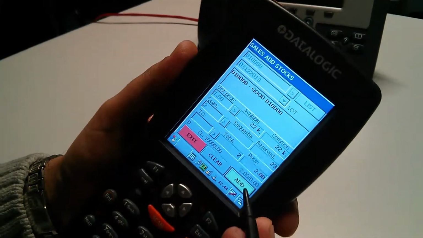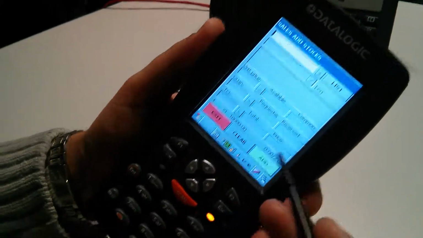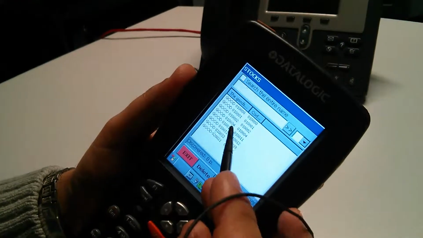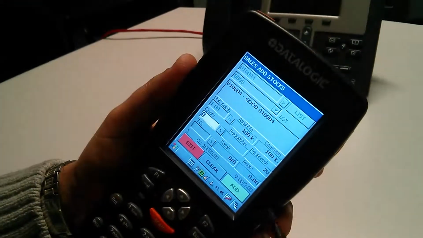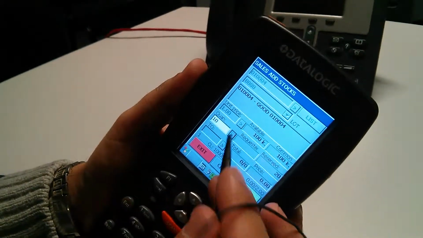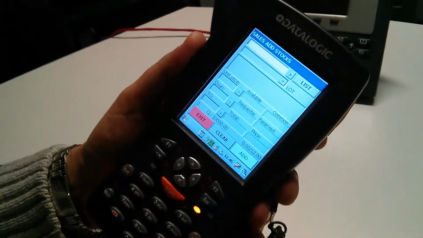When I press the button add, the system will add this good to the document. Another good. You can use the button enter from the terminal.